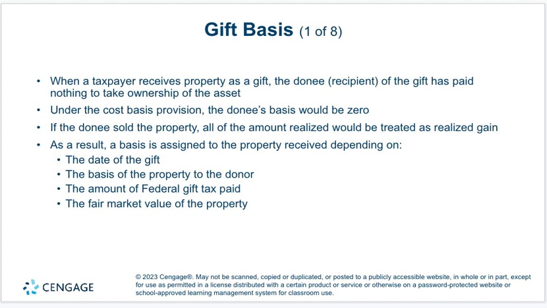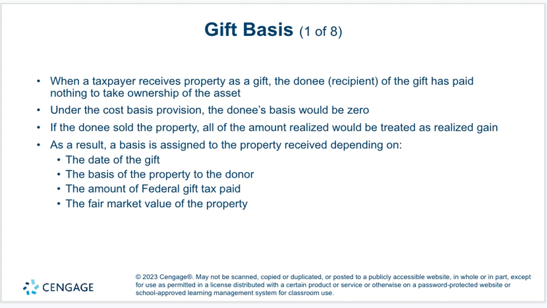Then we move into gift basis. If a taxpayer receives property as a gift, the recipient of the gift has paid nothing to take ownership of the asset. So how we defined previously in the slides that the transaction takes place. Well, with a gift, the donee or the recipient hasn't paid anything, but they did take ownership, and so that creates a problem, because under the cost basis provision, that means the basis would be 0. And so then if they sold the property, all of the amount realized would be treated as a gain, which then doesn't make it a gift,